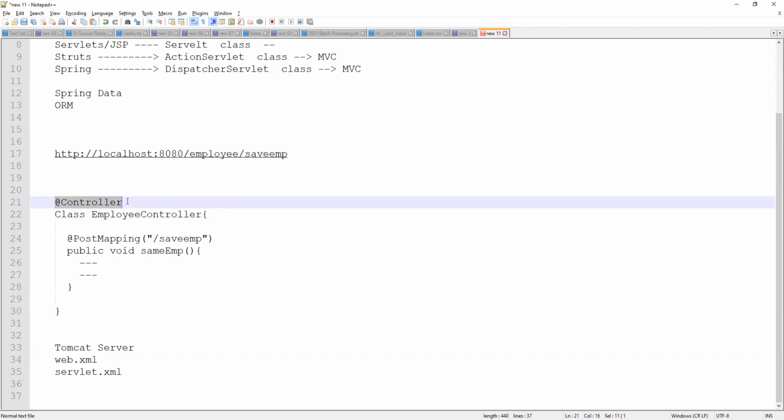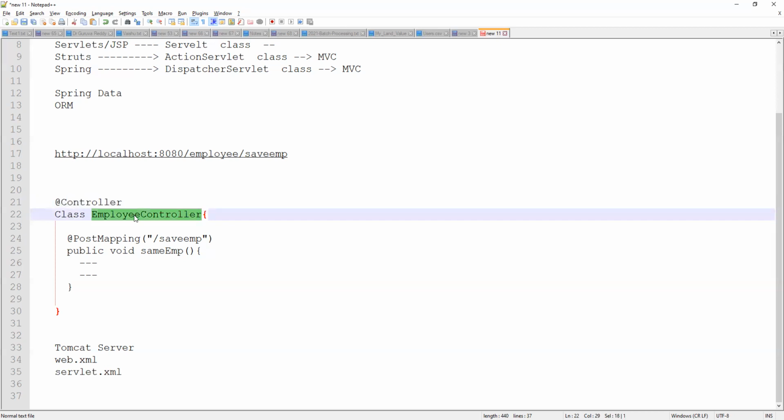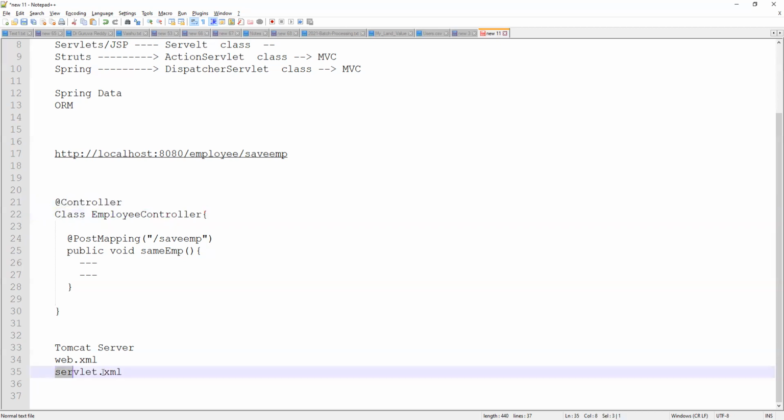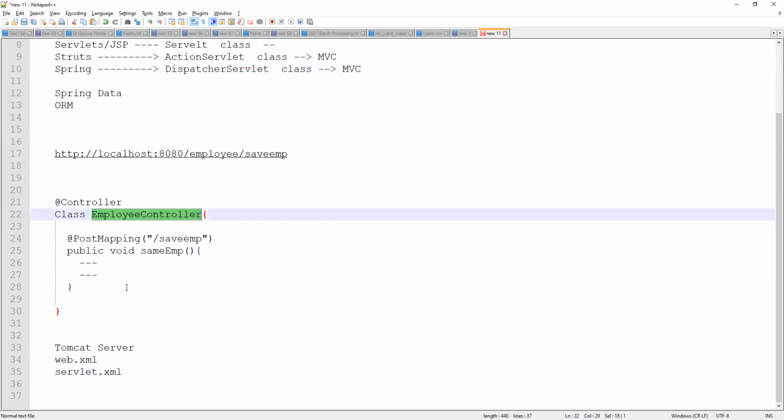That is the reason we need to give the controller annotation on top of our controller class, so that whenever the servlet XML is read by the server, the DispatcherServlet is already a Spring component. Obviously, it will be registered in a Spring container.